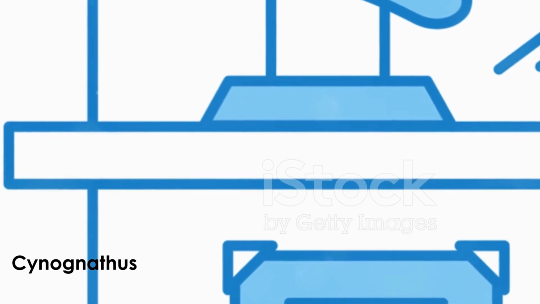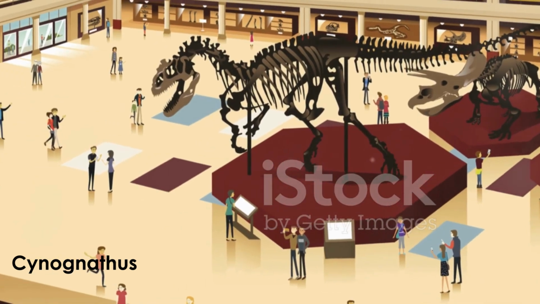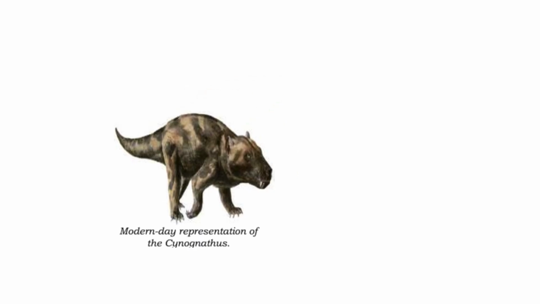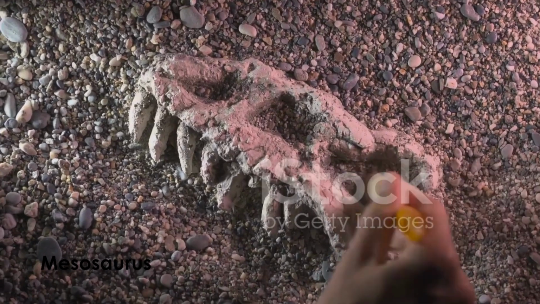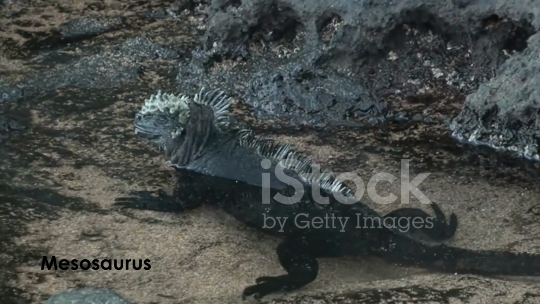Imagine spotting one of these in your backyard. So next time you think of ancient creatures, remember Cynognathus, the wolf-like reptile that once roamed Pangea. Paleontology rocks, doesn't it? Ready for a prehistoric puzzle? Let's unravel why the Mesosaurus stayed close to home. Meet the